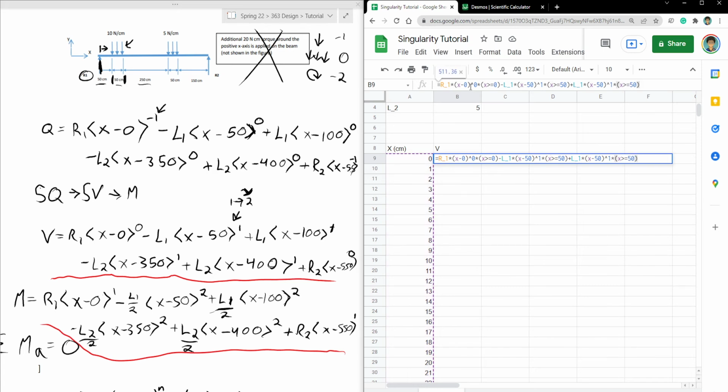Moving on to our load 2, minus load 2 times x minus 100 to the power of 1 times x is greater than or equal to 100, plus L2 times x minus